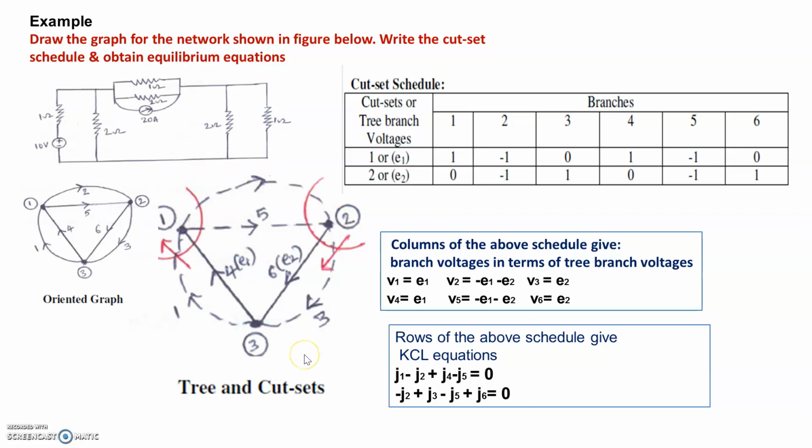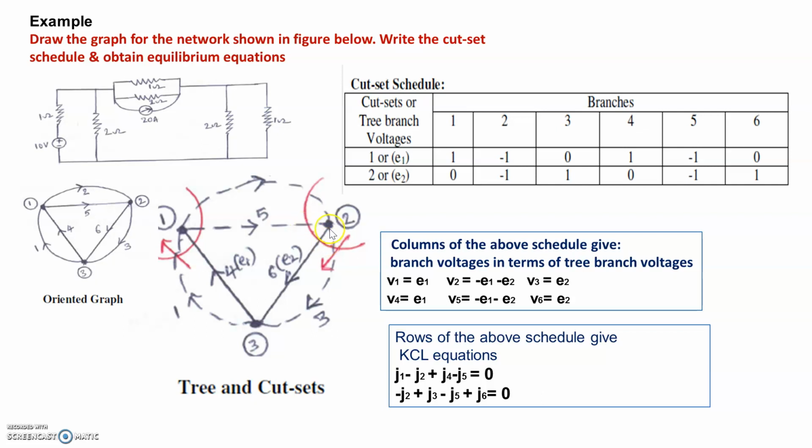Now here is the identification of cut sets. Let us see how many cut sets there are. Here 3 nodes are there, so 3 possibilities. Let us say at node 1 one tree branch is connected, at node 2 one tree branch is connected, but at node 3 two tree branches are connected, so it cannot be a cut set. So 1 and 2 are the cut sets, where among all branches only 1 is a tree branch, and the remaining are links.